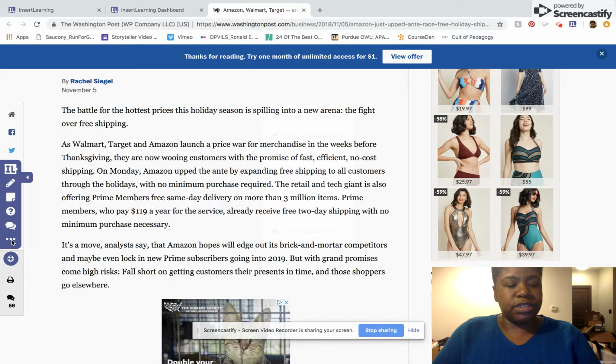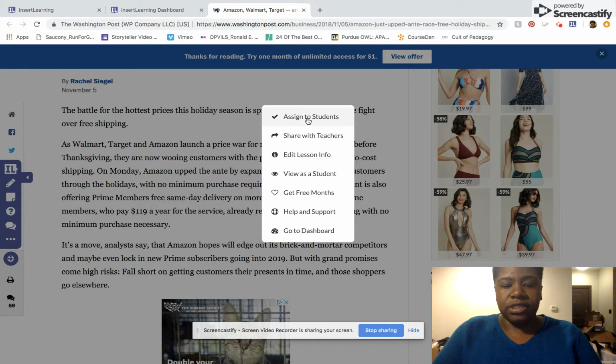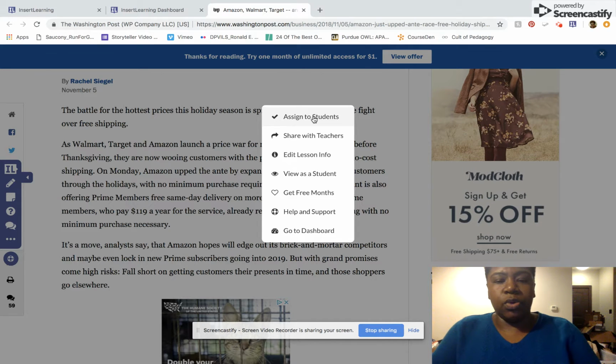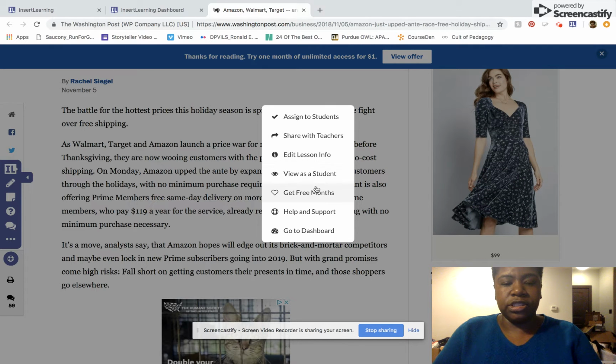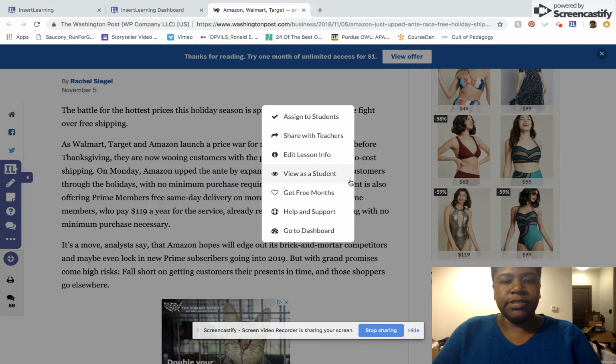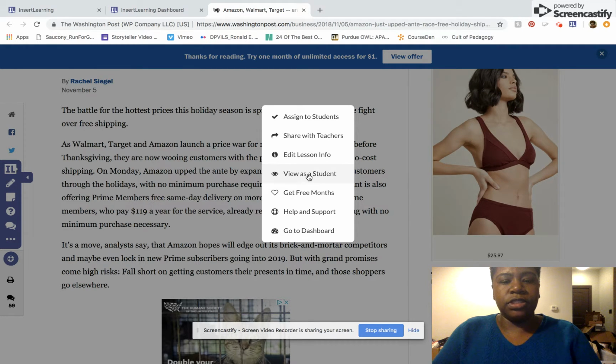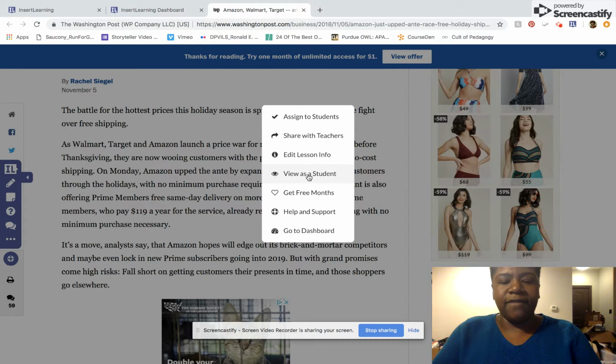There are other options as well. You can assign a reading to a specific student. You could share a reading or a text with other teachers, and so on and so forth, just as you see here. We're looking at this particular page from the teacher's view, but of course, after you have added different